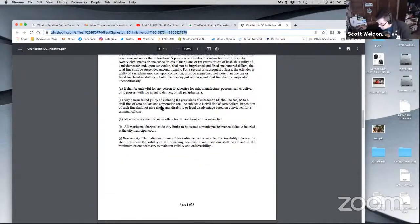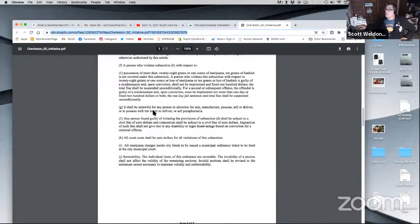And so then it goes through: any person found guilty of violating the provisions of subsection D shall be subject to a civil fine of $0, and corporations shall be subject to a civil fine of $0. Imposition of such fine shall not give rise to any disability or legal disadvantage based on conviction for a criminal offense. So again, we're taking away the conviction. We're taking away the tracking of things, because once money's involved and you start paying tickets, then there's a tracking of it. And we want to remove